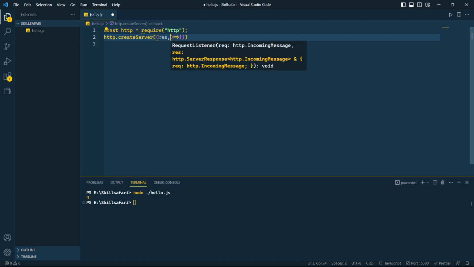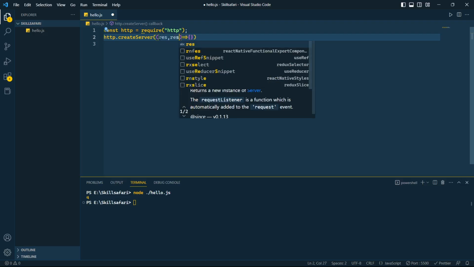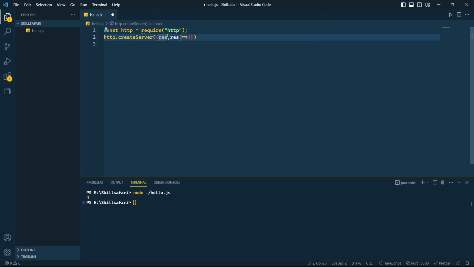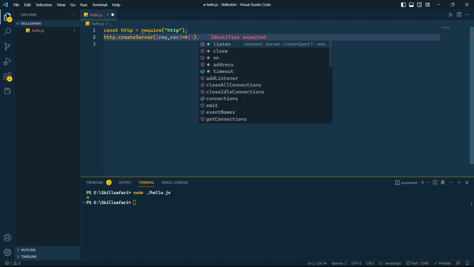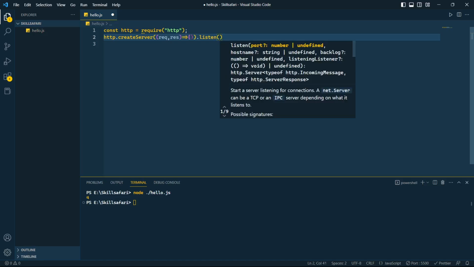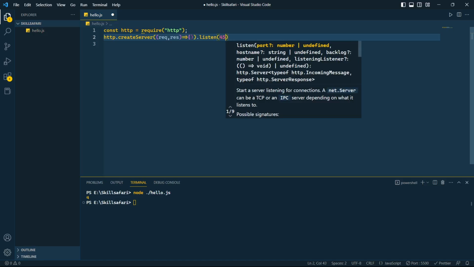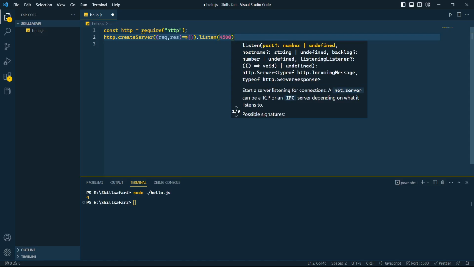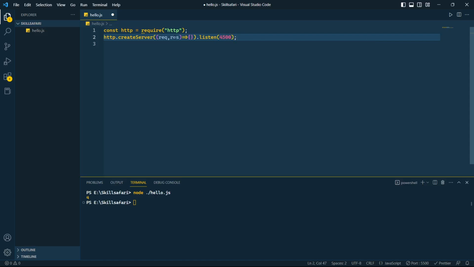You can write anything here, but initially I am writing it this way so that you can have a clear idea. Okay, and after this we have to listen to our server somewhere. So let's say 4500, our port will be listened in this section.